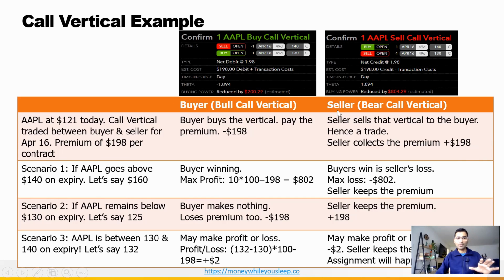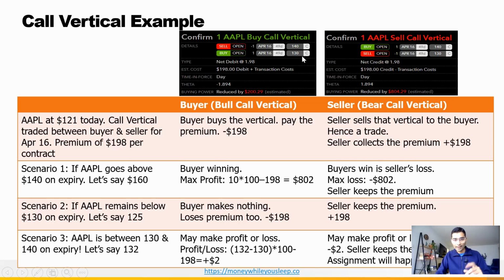So in this particular example, what I have done is I put a snapshot of an Apple trade, and I have tried to put a buy of a call vertical and a sell of a call vertical together so that we can understand both those trades together. So what is happening on the buying side of a call vertical? A buyer is bullish about Apple. As I mentioned, just like in a naked call or naked put, there is an outlook of bullishness and bearishness. It will be the same outlook over here. A buyer of a call vertical is going to be bullish about Apple.